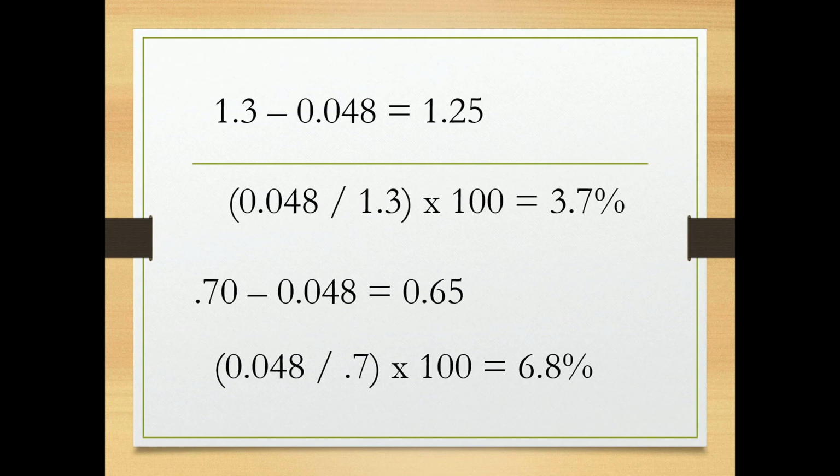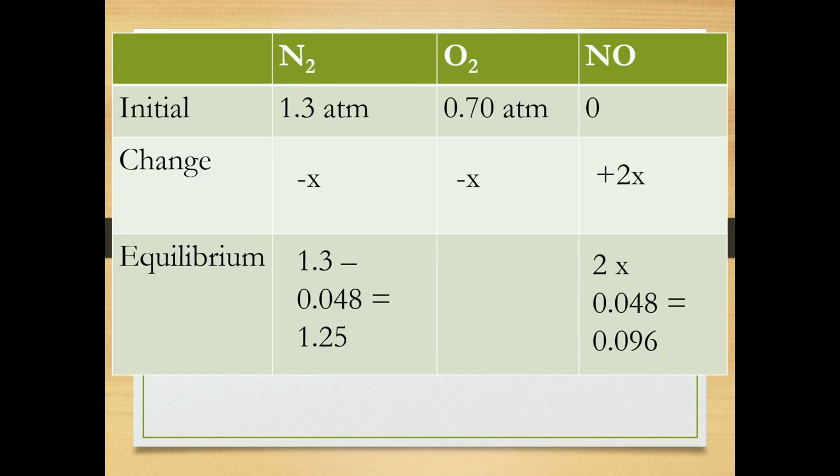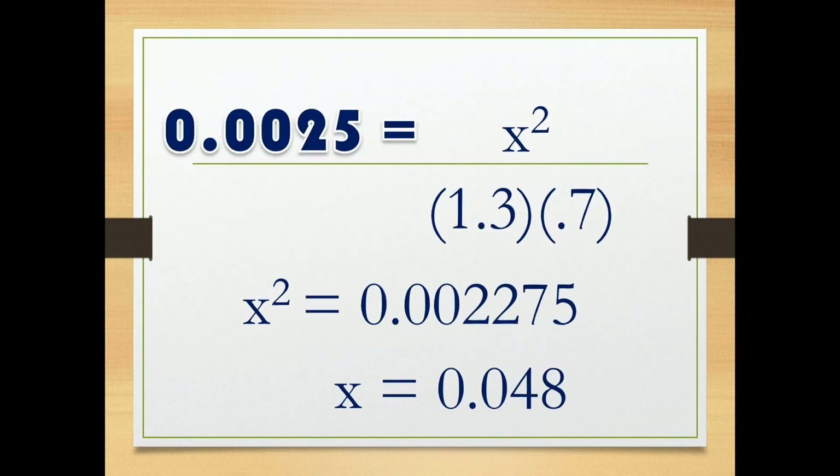So technically, dropping the x wasn't correct. I could have dropped the x only for the N2, but I can't drop it for the O2, and if I can't drop it for the O2, then